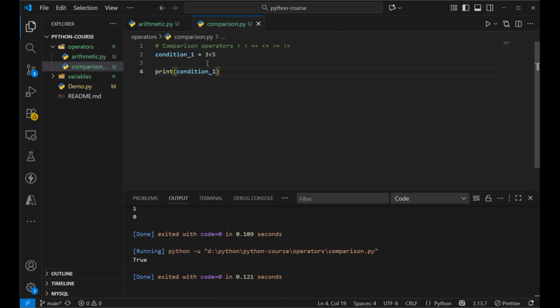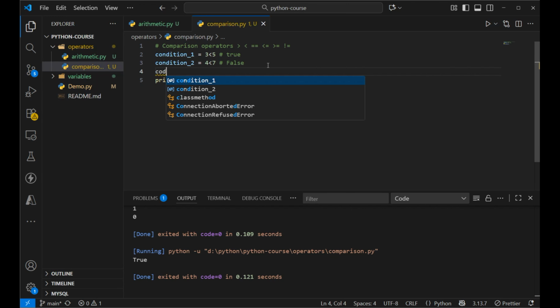And you can do the same with all the other expressions, right? So you can have, for example, condition 2 can be something like 4 less than 7, for example. This one is going to be true. We know that. This one is going to be false. And then we have condition